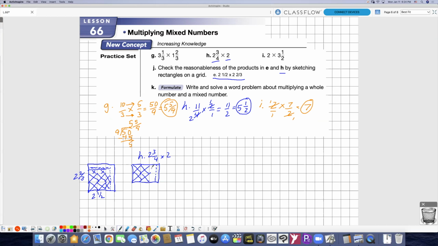So is it reasonable that we got the answer of 5.5 by looking at this grid right here? Yes or no? Okay, you should have answered in this case yes,